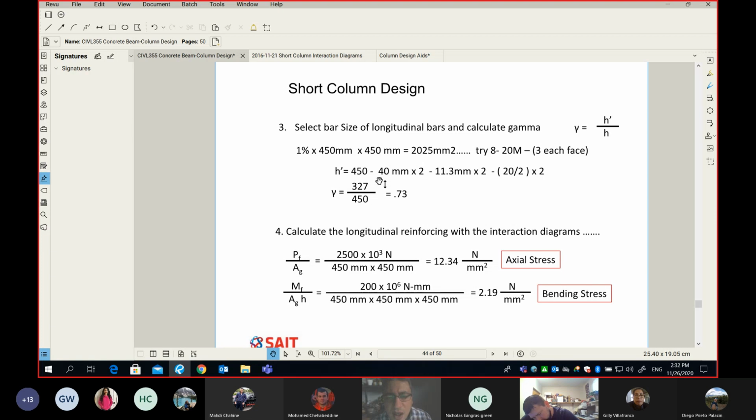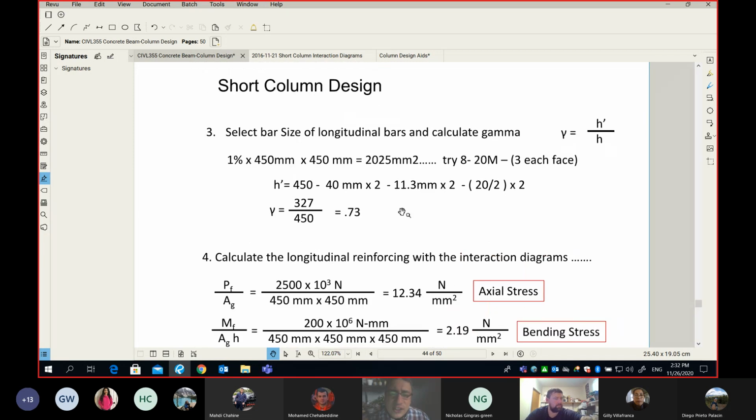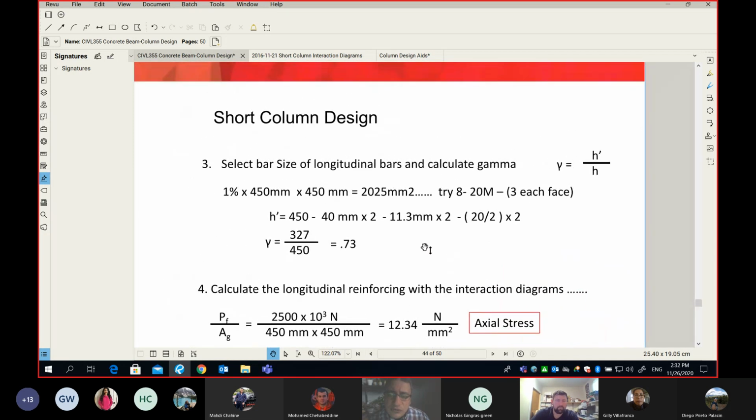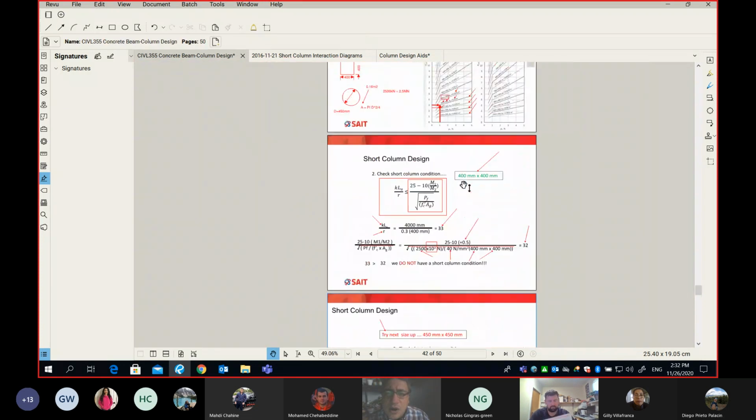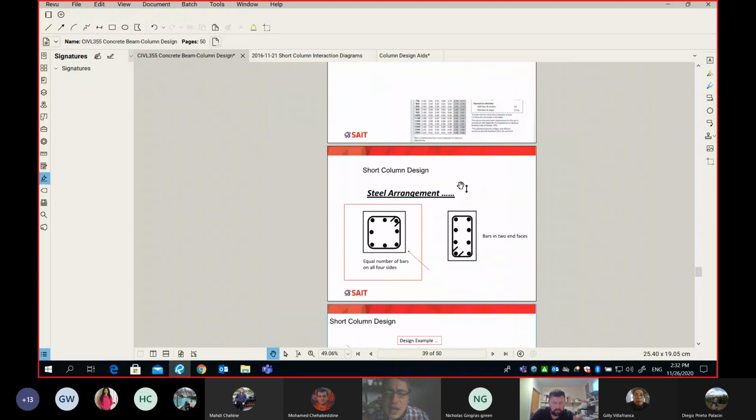And that's why, please look at my screen. What you will see is, I'm trying to find the value of the gamma. With the value of the gamma, you must make some assumption. For example, what is my bar diameter? And we said in our class here that my bar diameter is minimum 20, and that's what I'm doing right now. I assume that I'm using 20 M bars, and I'm going to remind you, if I have 20 M bars, and I have